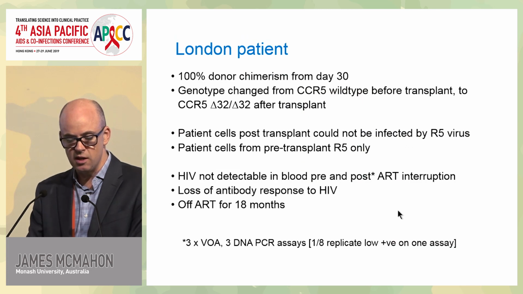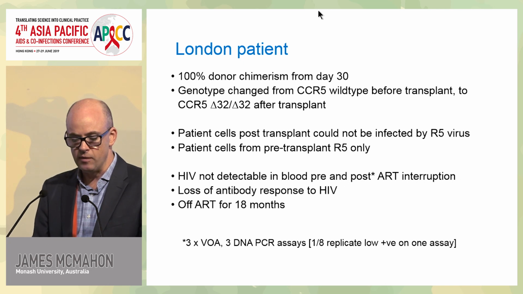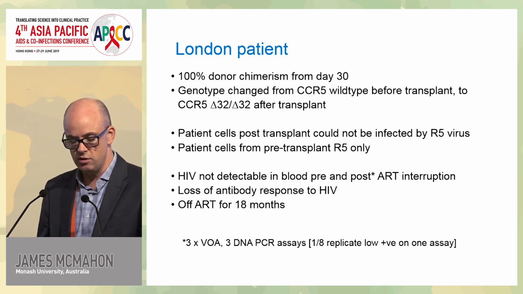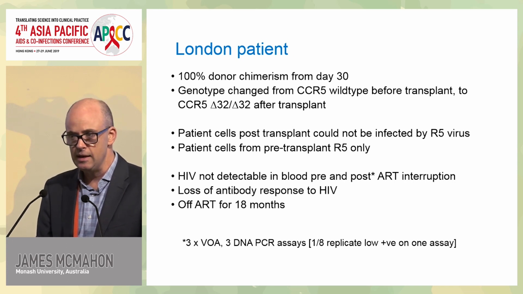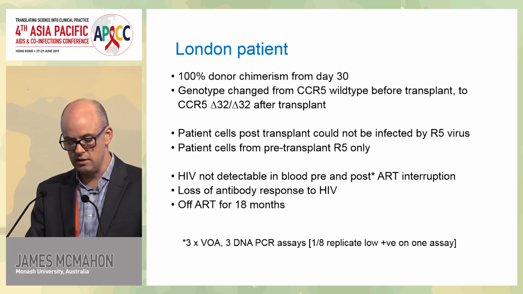I've mentioned these key components, but basically he adopted this immune system which didn't express CCR5, and there was a range of experiments done that showed that these cells from his new immune system couldn't be infected with R5 tropic HIV. He's been extensively studied with multiple samples, not of tissue it should be said, but extensive sampling of blood, and there's essentially no evidence of HIV in this man. So he's now been off ART for 18 months as of CROI, which is March of this year.